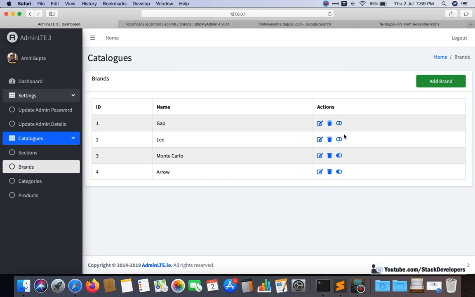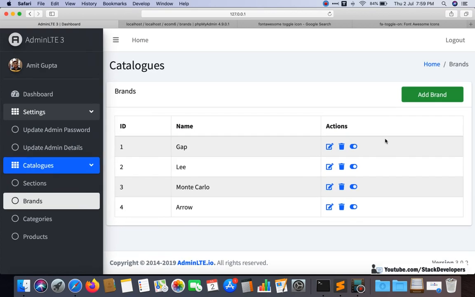Okay, so now it is working. You can see we are able to disable these both. You can refresh as well, and you can enable as well, you can disable as well, you can make it active and you can make it inactive as well. I hope it is clear. I will make it bigger. You can see all are active right now. If I want to make the gap inactive, I can simply make it inactive. Now it is inactive. Now these three are active and this one is inactive.